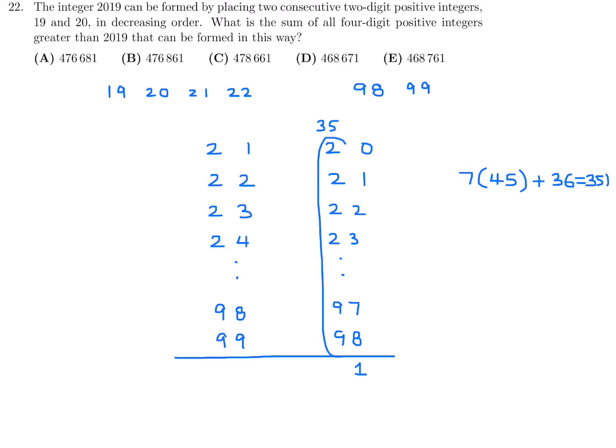Now let's look at that column. This is a little bit different now. It looks like you have a whole bunch of 2s, and you're going from 20 to 29, so that's going to be 10. So 10 2s. Similarly, you'll have 10 3s, 10 4s, and so on. 10 5s, 10 6s, 10 7s, 10 8s. But